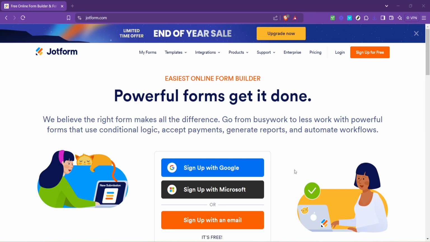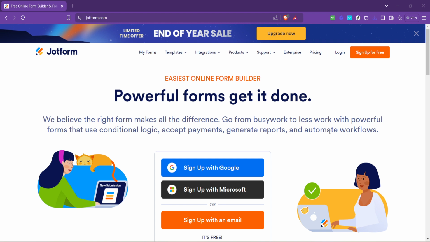In today's video, I'm going to teach you how to save a Jotform as a PDF efficiently and easily. Whether you're looking to preserve a copy of your form responses for your records, or you need to share a form in a more permanent format, this guide has got you covered. Let's dive right into the step-by-step process to converting your online forms into downloadable PDF documents.